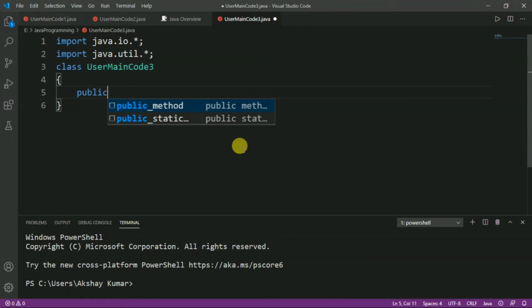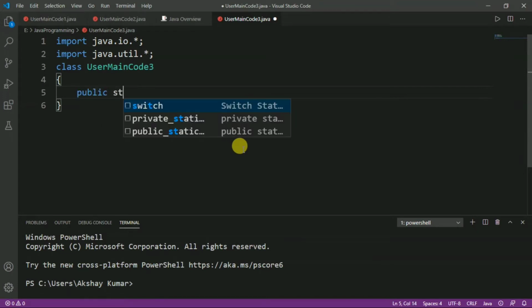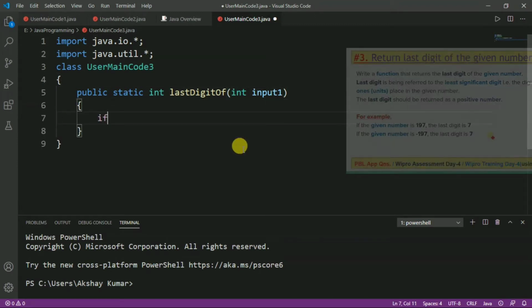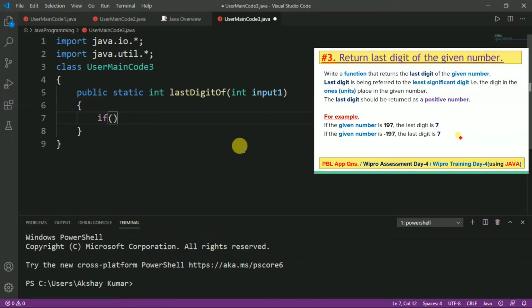Now, we have to define the function. So, public static int, let us give the function name as lastDigitOf, and we have to pass one formal argument as an input, that is input1. Now, we will write the condition for a positive number.